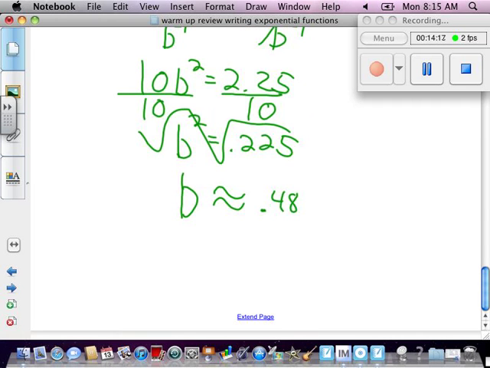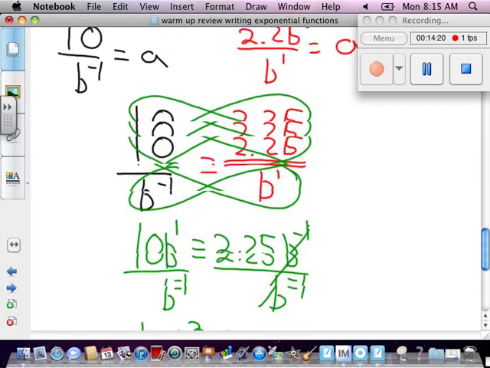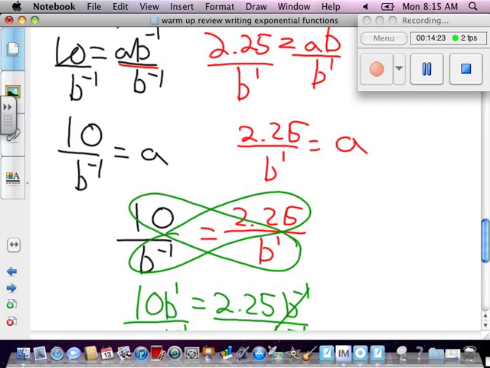Okay. Then we're going to take that b and we're going to scroll up. We're going to take 0.48 and we're going to plug it in here. Let's do it to b to the first. So we have 2.25 over 0.48 equals a. So 2.25 divided by 0.48 gives us 0.467 approximately. So let's round up to 0.47. We don't need more than 2 decimal points. So 0.47 equals A. So I get Y